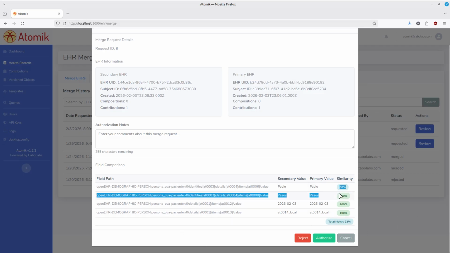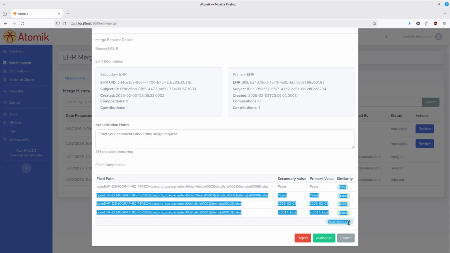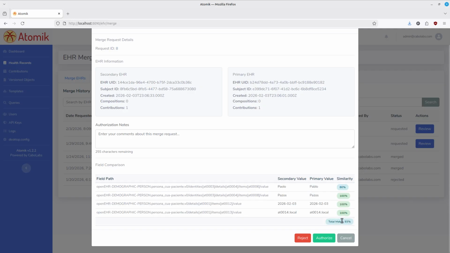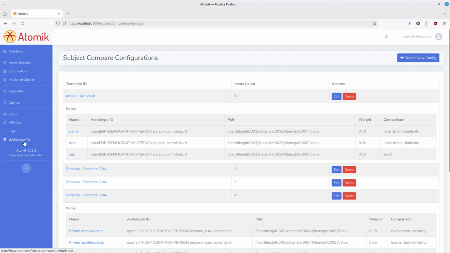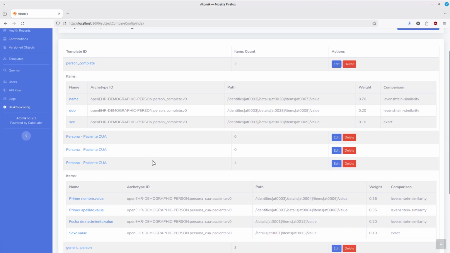So this is very important to verify that the person is actually the same, so it actually matches with a good matching value, more than some percent. This could vary between different clinics and hospitals, and we can adjust everything, because everything is configurable. So for instance,